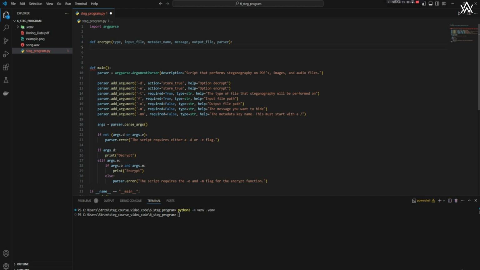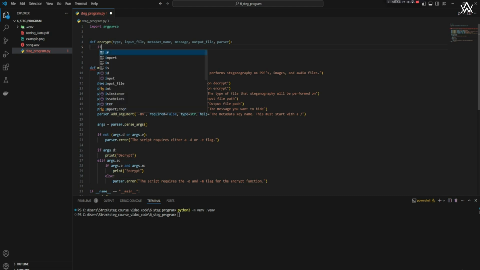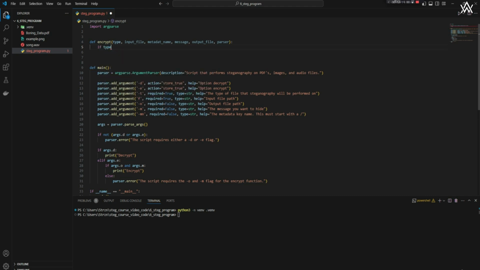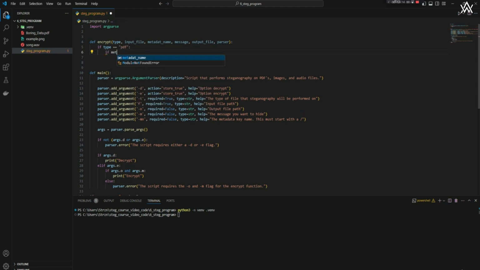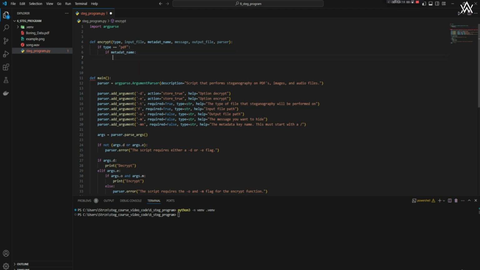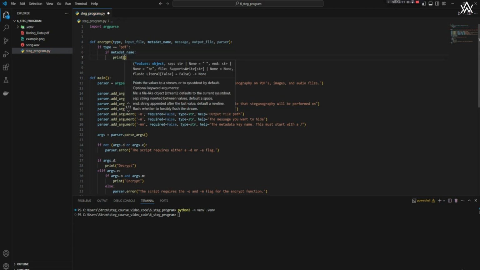Lots of parameters, I know. So we're going to say if type, the type of file, is equal to PDF, then we're going to say if metadata name, meaning if metadata name exists, then we're going to print